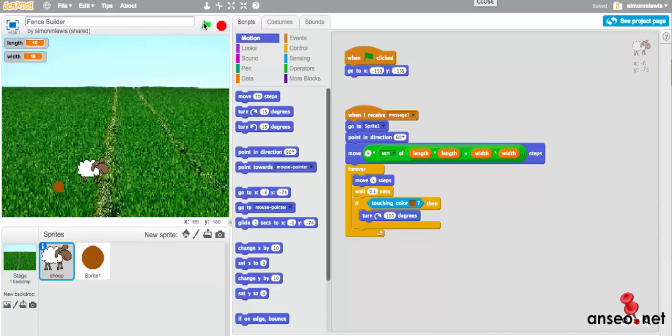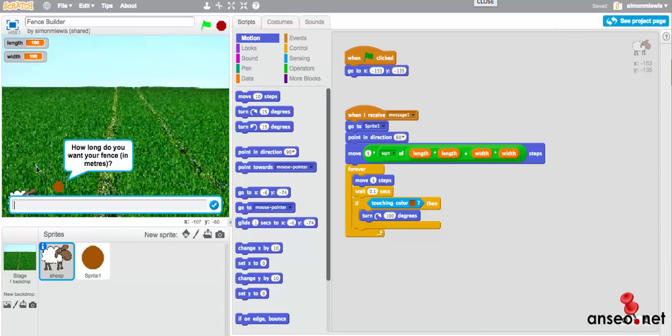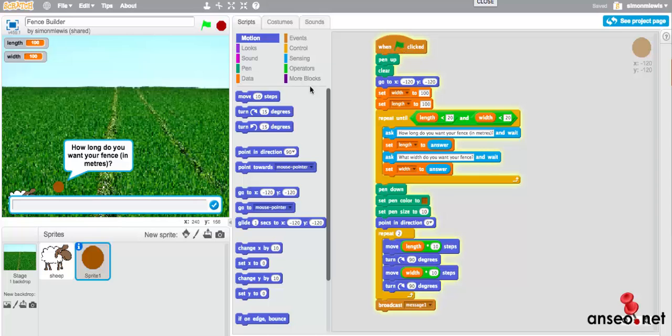We'll start with the sheep. So we press the flag. See, the sheep has moved down, and if I go to the sprite 1 here, the pen is up and it's waiting now, and it's gone here, and basically it's now in this section waiting for my input